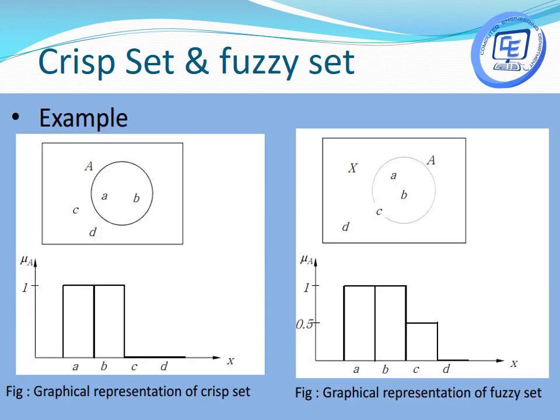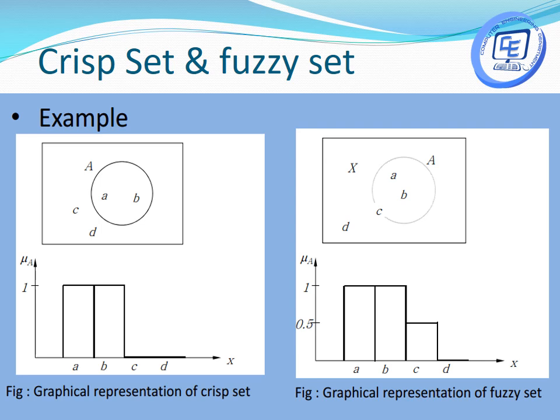Before starting with fuzzy sets, let's understand the difference between a crisp set and a fuzzy set first. So what is a crisp set and what is a fuzzy set? In this diagram, the first diagram represents the crisp set and the second diagram represents the fuzzy set. Now what is a crisp set? As you can see in the diagram, let's say we have a set A and another universal set. Say for example, one particular student is either learning in one particular class or not learning in that class.